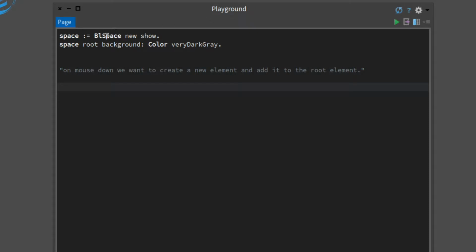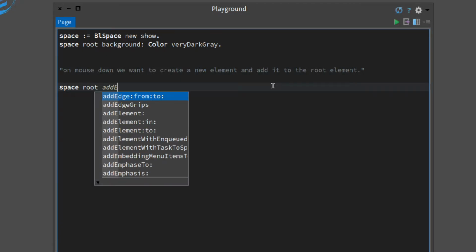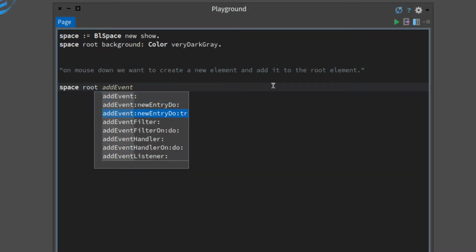Okay, so I've opened up a playground and created a new space, and then I want to show it and give it the name space, and I changed the background color to very dark gray. So what do we want to do? On mouse down, we want to create a new element and add it to the root element. So we do that by space root add event handler on do,